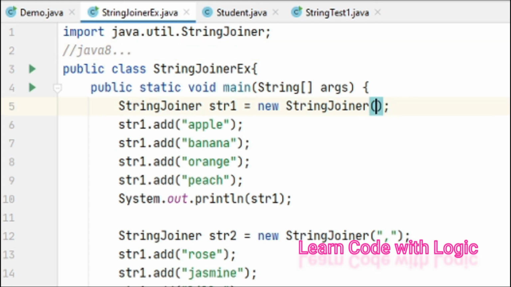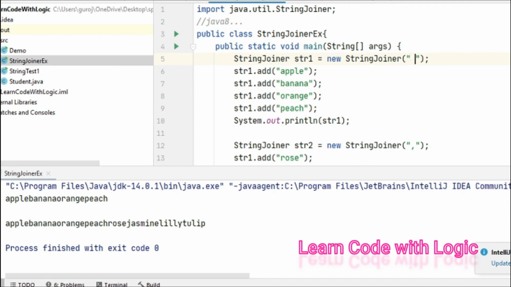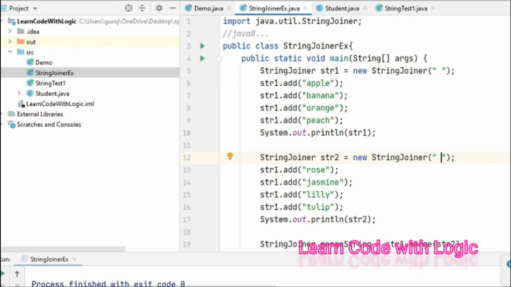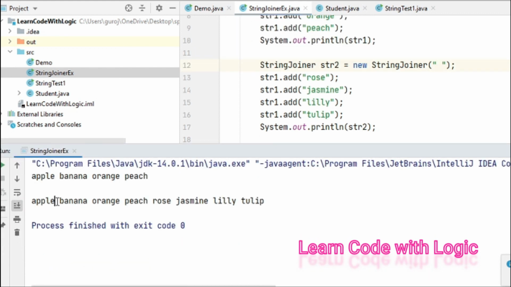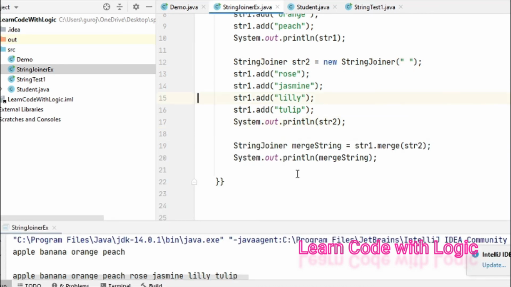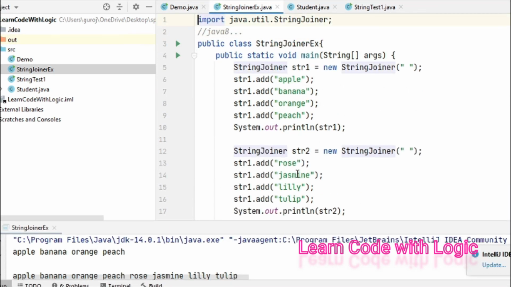And the key point is, without a delimiter the code does not compile. We'll get a compile time error. If you want just space, you can remove the characters over there and run the code. There you can see only spaces. It's very interesting, right? That's the magic of Java 8. It introduces all cool features.